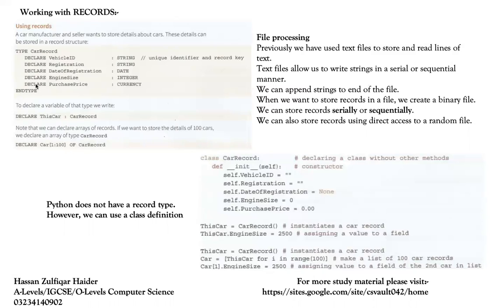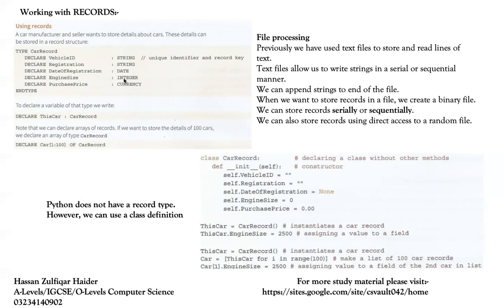Now, if you remember, a record can have multiple fields of different types, as you can see here, this one has two strings, a date, integer, and currency. So if I maintain this data, even if I'm just hypothetically speaking, as in a text file like we studied in paper two, the only technique I can follow is that I can create an array and store all of this information in one single array representing one record.